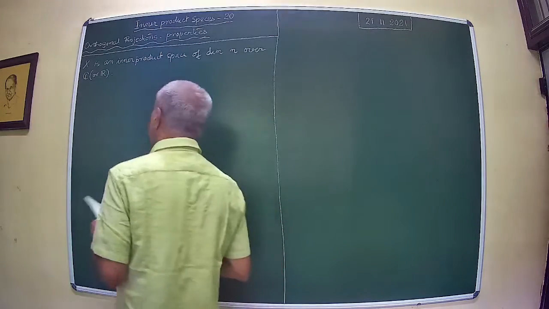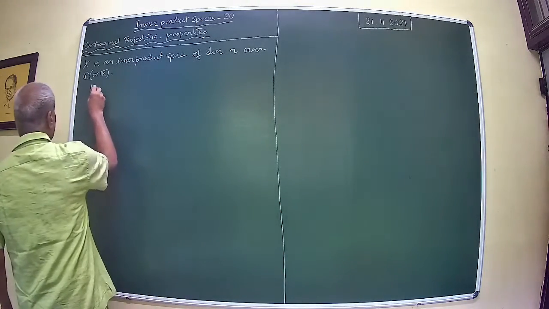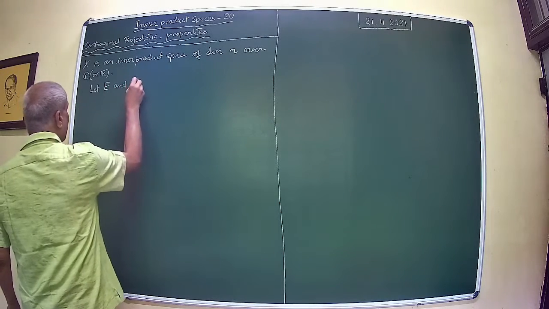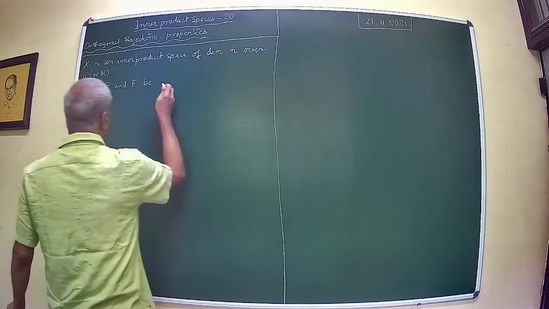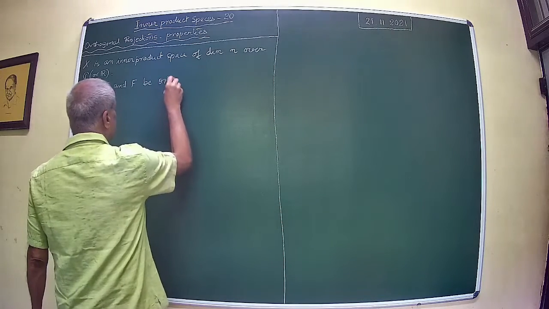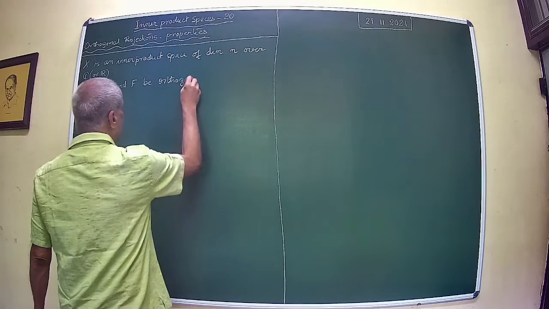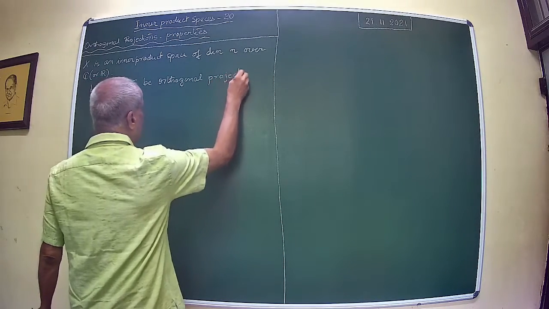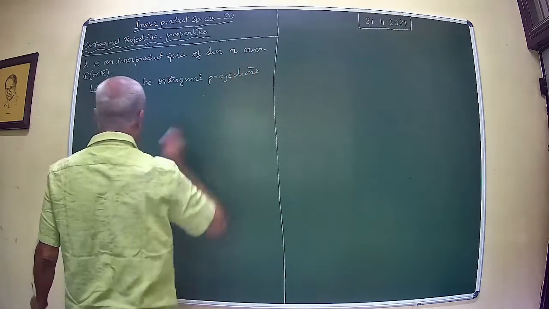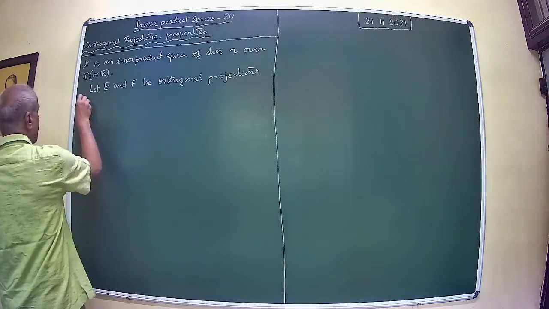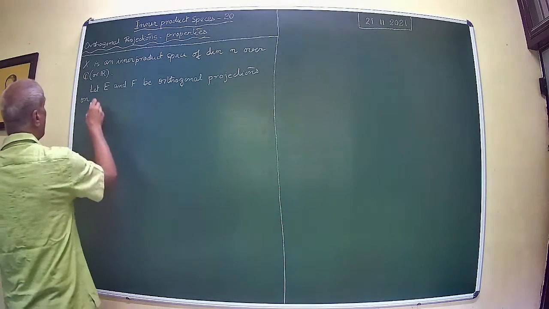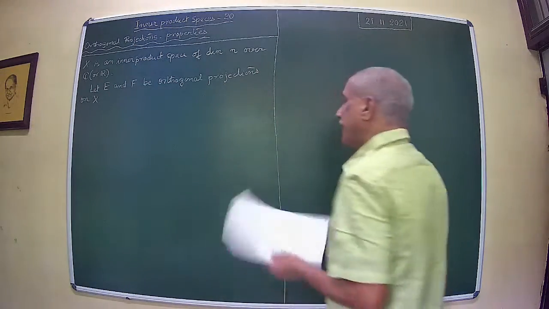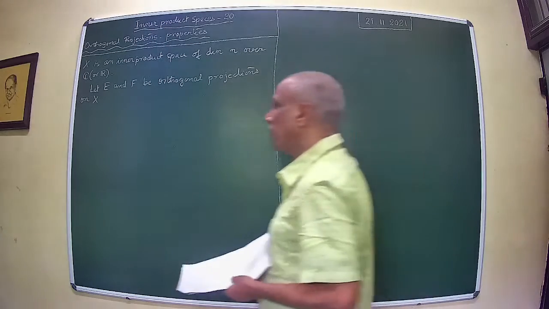Now let E and F be orthogonal projections on X, which simply means that you have these properties: